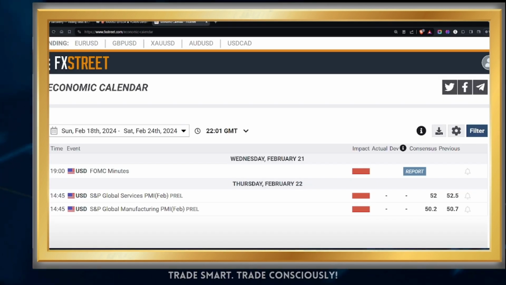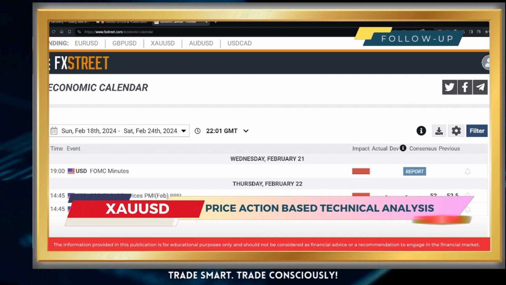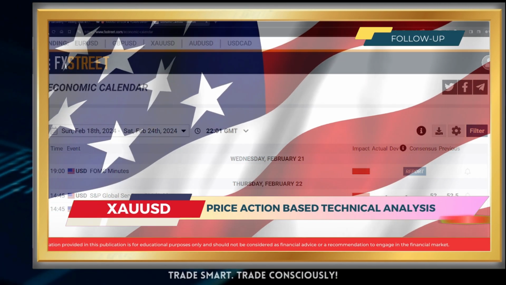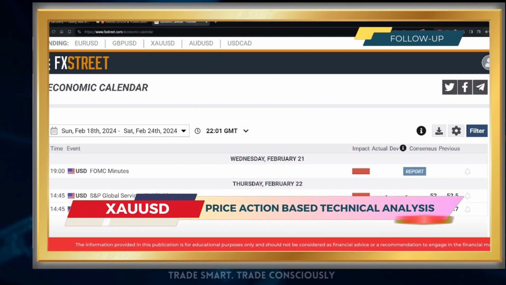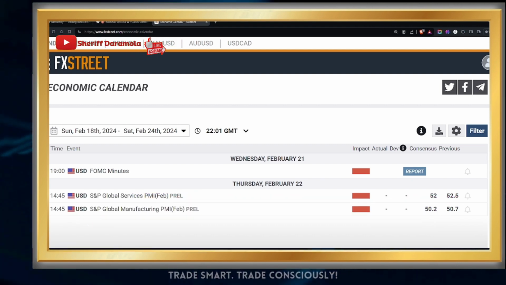So right here on the economic calendar, and of course based on the assets we are looking at for this week, we shall be focusing on economic features from the United States economic docket. Now for the upcoming week, the first high impactful event is coming up on Wednesday, that's February